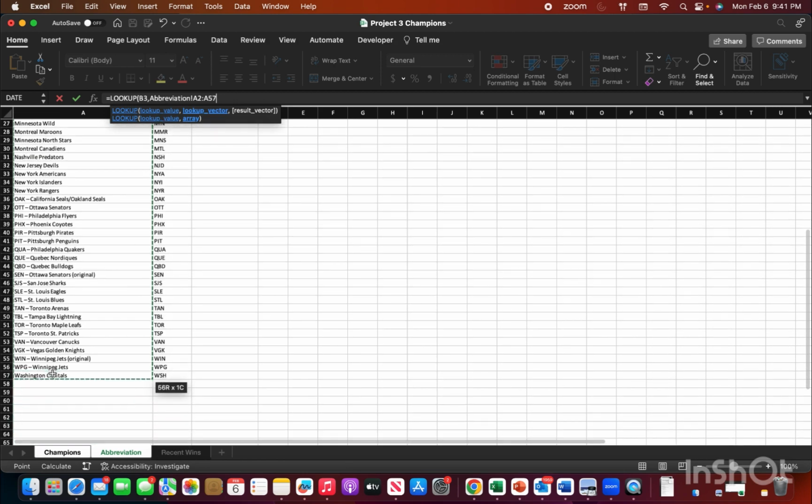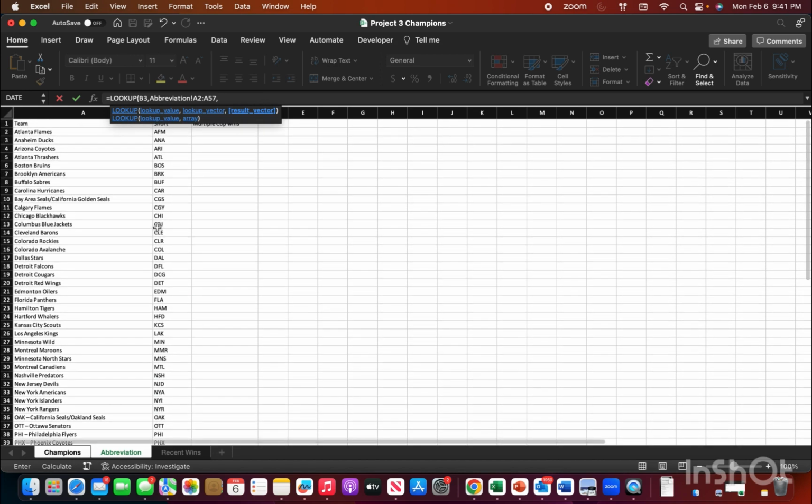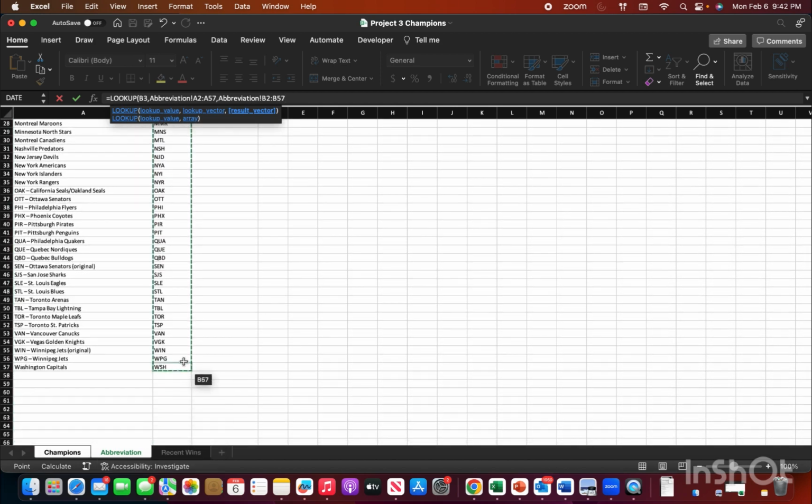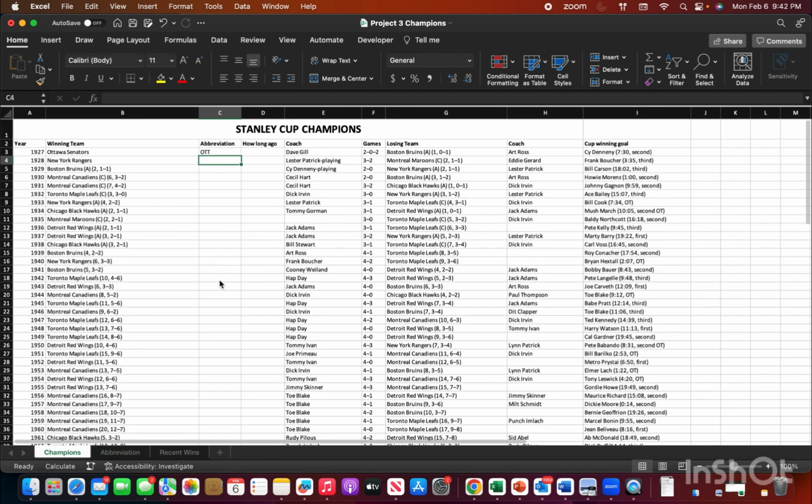Okay, and then we want the result to be one of these values, right? And then I close that, and as you can see, that is the abbreviation for